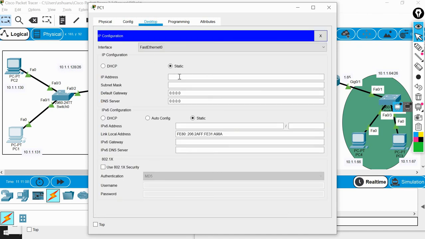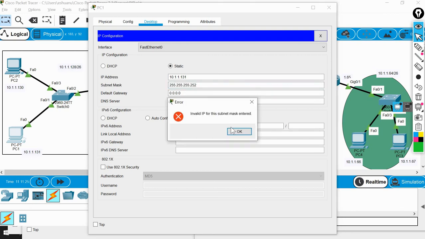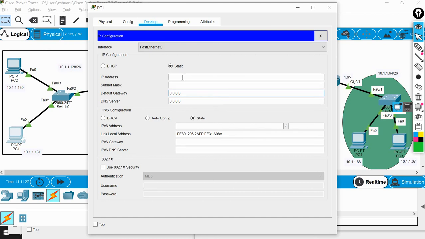Desktop, and the IP address will be 10.1.1.131. The subnet mask will be 255.255.255.252.